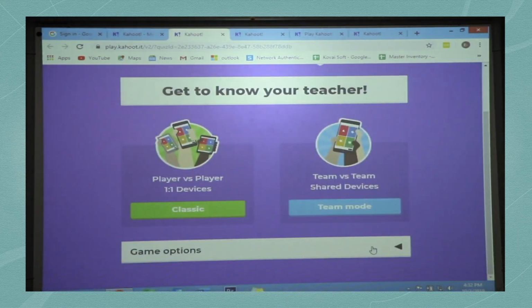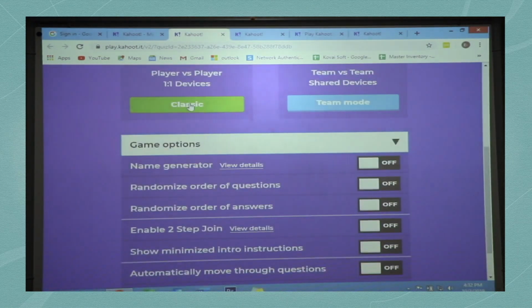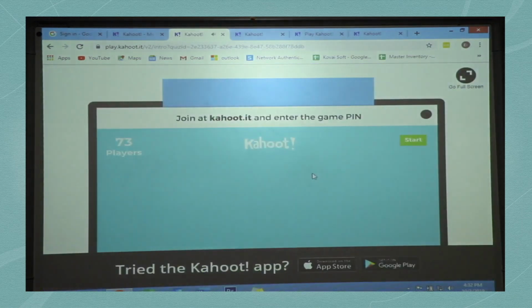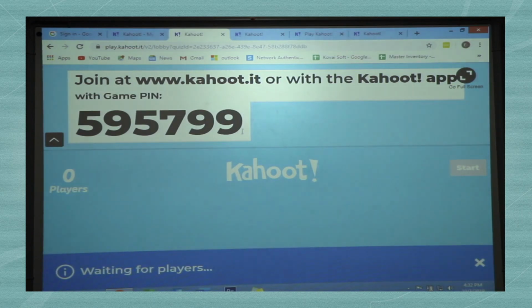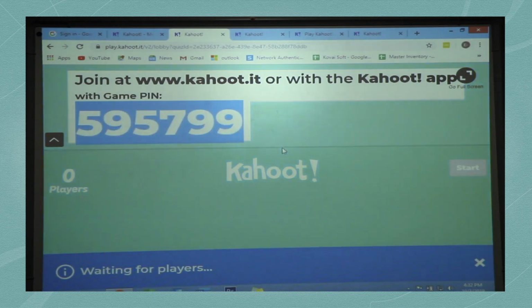Classic mode, just click one. So start. If you click start, this is the game PIN number. If you project this in the projector, the students can view the code and they can play. But the quiz will come only when you click this button start.